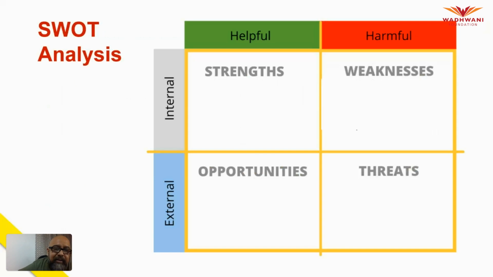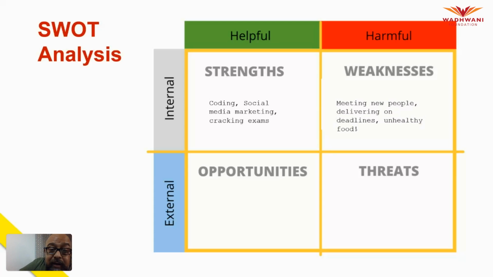The next, very quickly, is SWOT. And I'm sure we all know what SWOT is. Why you need to know this? You need to know this because this is something which will always tell you what are the things that you're missing out. All right. There are helpful components of SWOT and there are harmful components of SWOT. There are internal components, external components. And so strength is internal and it's helpful. So their strength is coding, social media marketing, cracking exams. This is that example of that AR/VR company, okay? But it is internal and helpful.